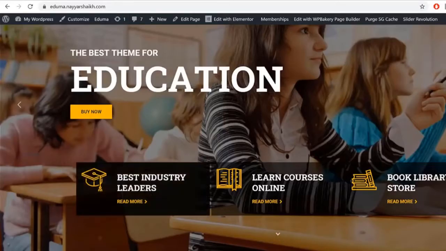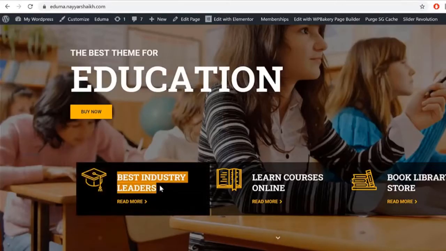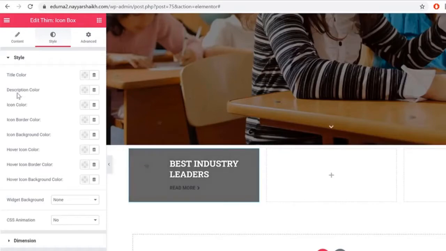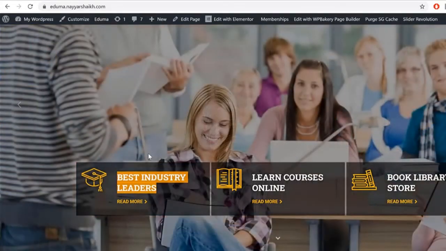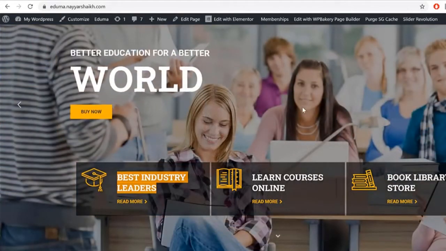Now first thing that we need to do is we have the text color white, which is fine. Then after that we have the description color, we have the icon color. We have to set the icon color to this yellow color. So what I'll do is, if you want to know the exact color wherever it is used in